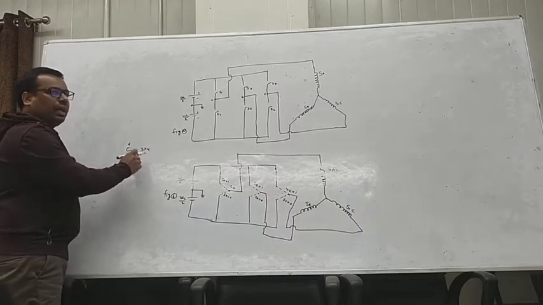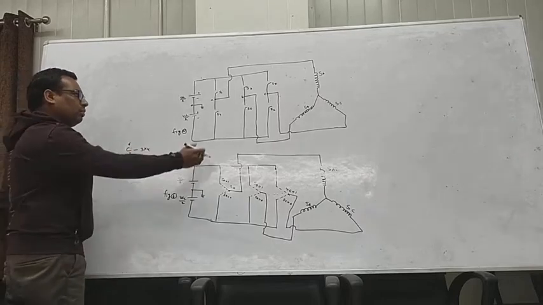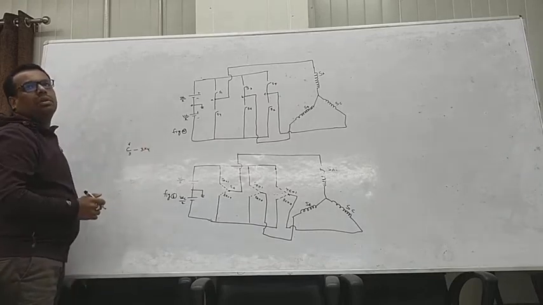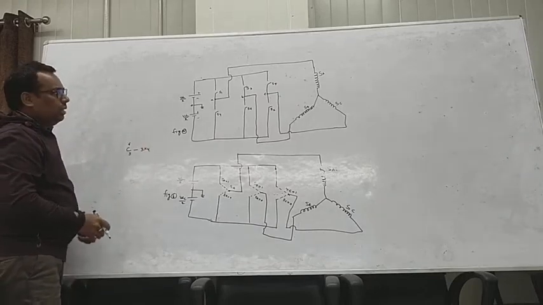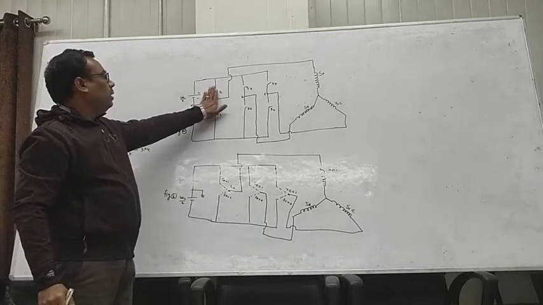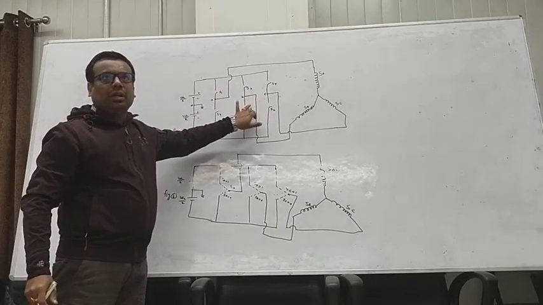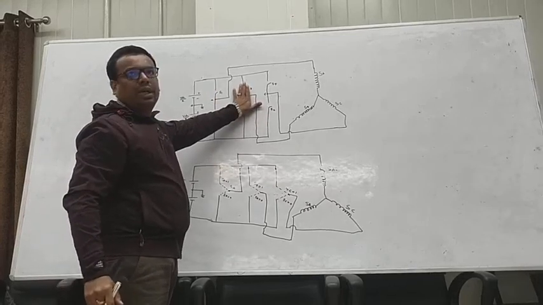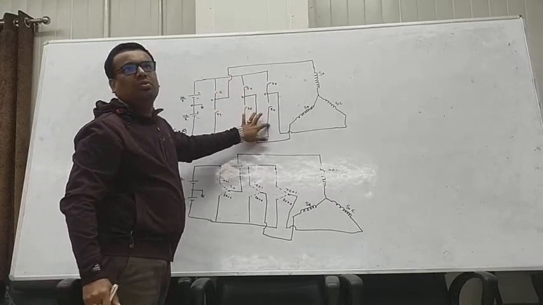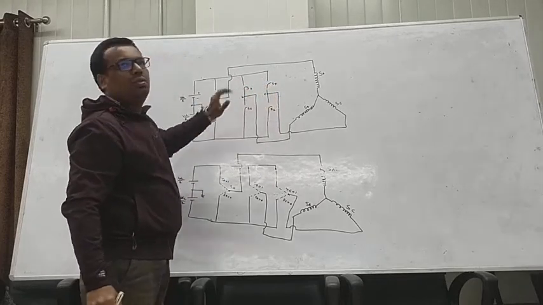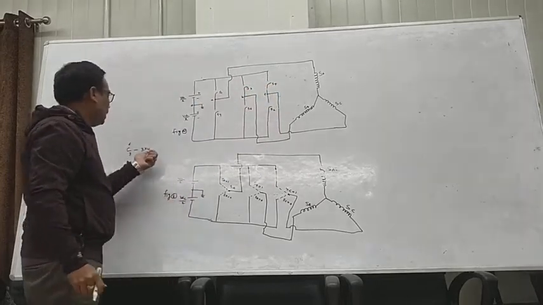Because this 3 indicates the number of phases, and this 4 indicates the illegal combinations. For example, if you are writing phase A, then the remaining switches are 4. If you are writing phase B, the remaining switches are 4, and then if you are writing phase C, the remaining switches are 4. So that is the 4 illegal combinations.